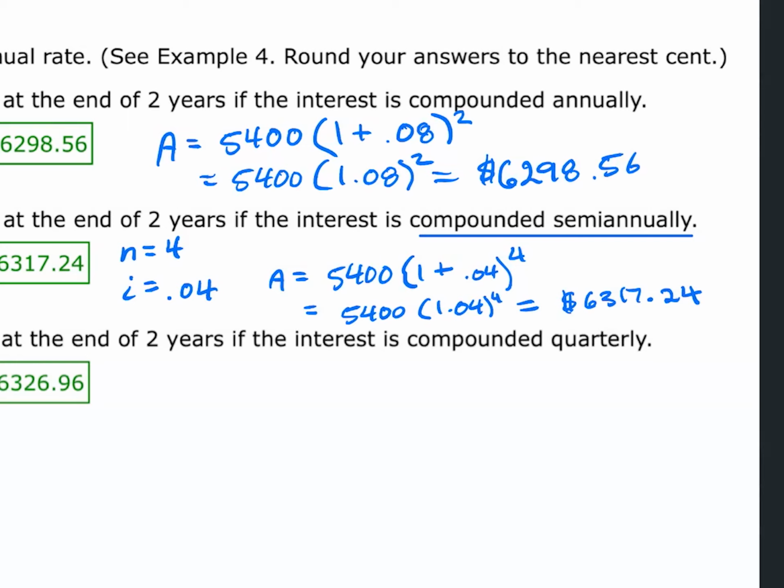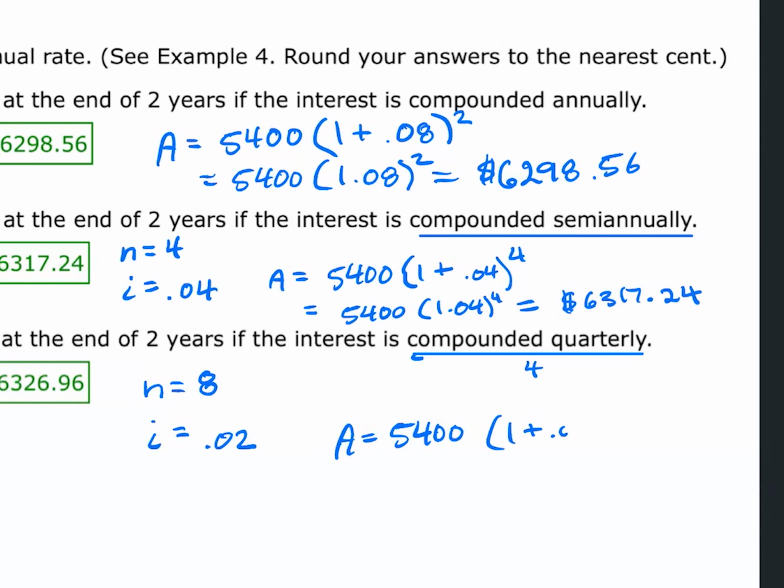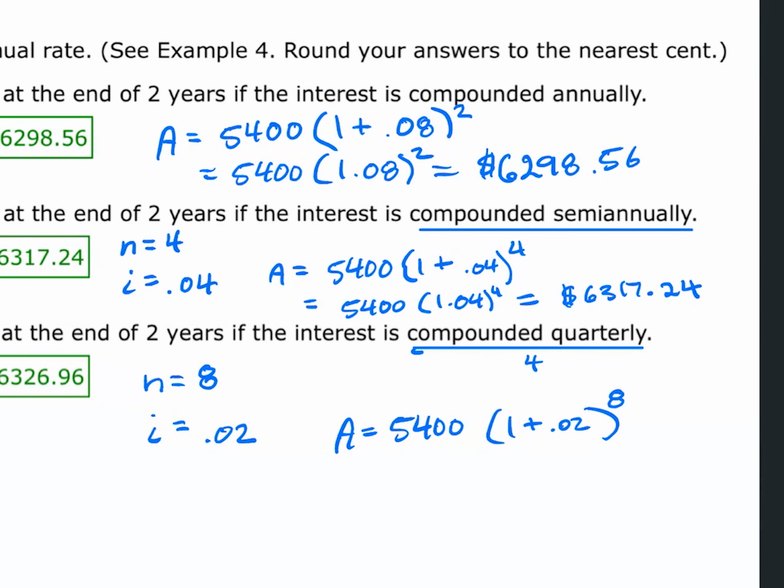Now for the third problem, we are dealing with, again, yet another way to compound the interest rate and to calculate the number of periods. Since the problem states compounded quarterly, we know that we're going to have an N value that is dependent on that quarter amount, which is 4, and the number of years too. So N is going to equal 2 times 4, which is 8. Also I, our periodic interest rate, is going to be that 8% value, however, divided by 4 this time. So it's going to be 0.02. So our equation for the total amount is going to be 5,400 times 1 plus 0.02 to the 8th power. We simplify and then we solve, and we get our final answer of